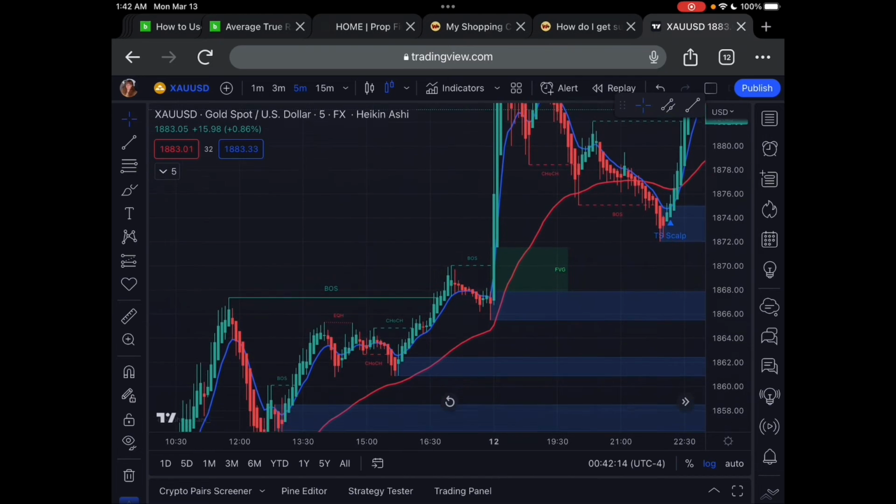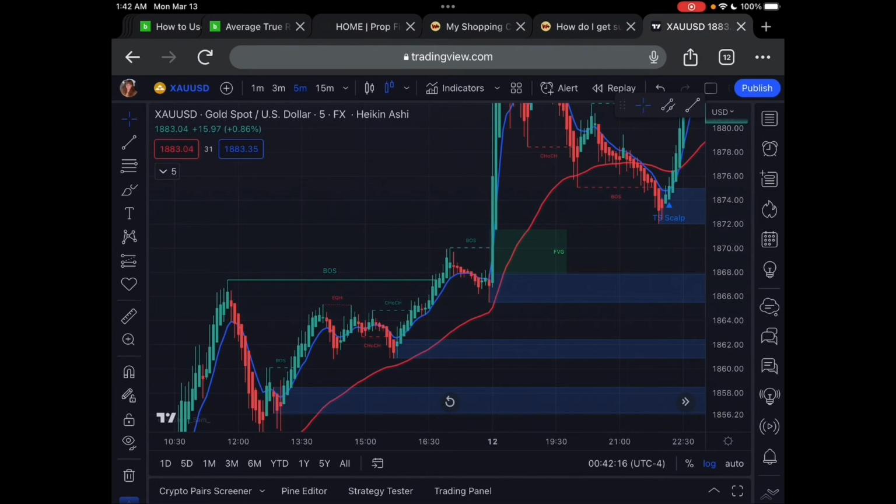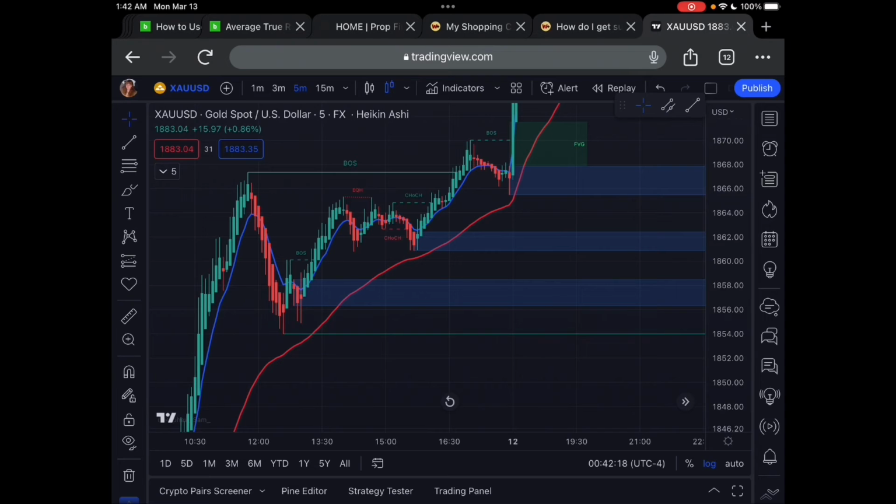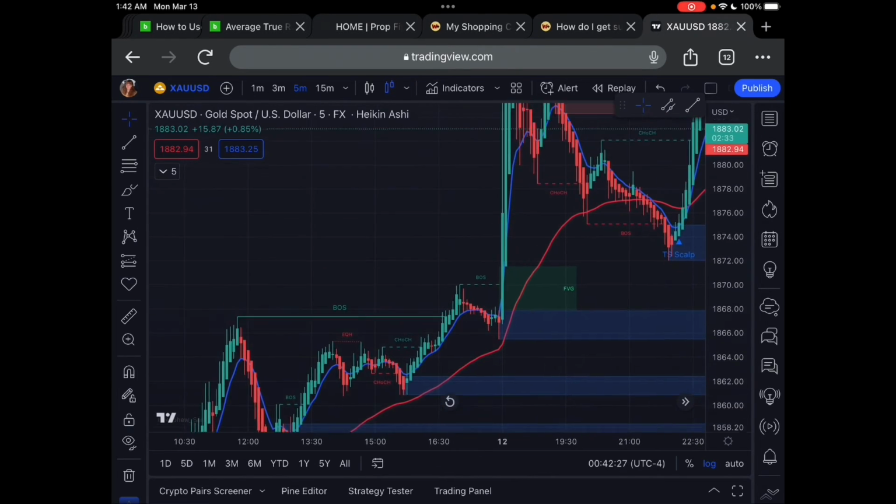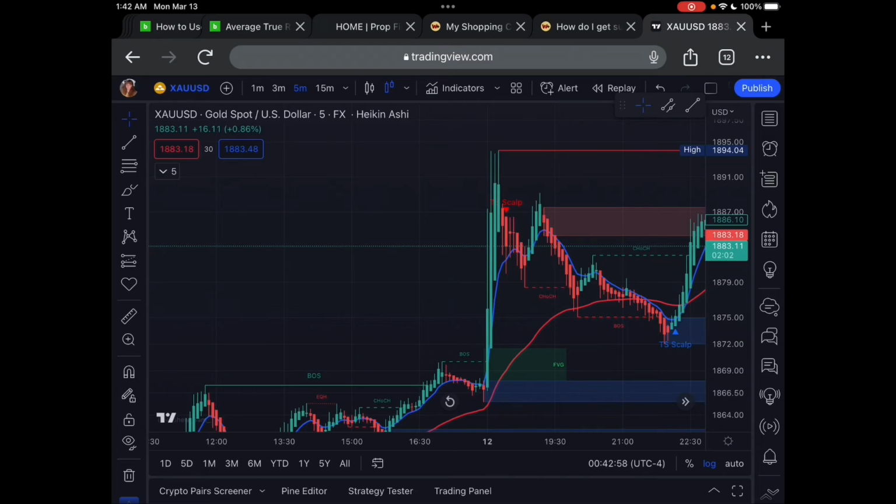Now again, the EMA, the blue, just kind of waffled around. It didn't really know what it was going to do, and it's not crossing the red. It's not showing you anything. Don't do anything. And then all of a sudden here, you see where that big green goes up